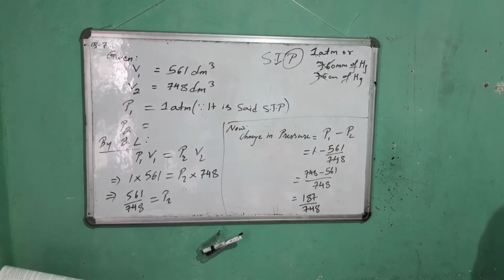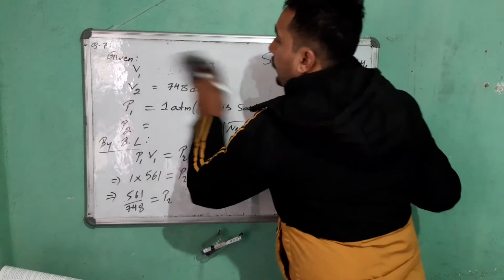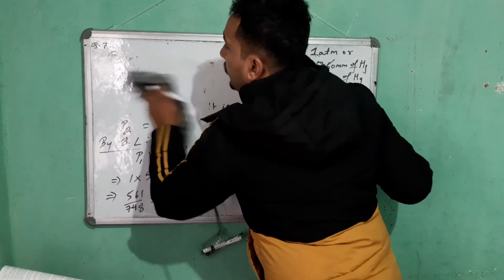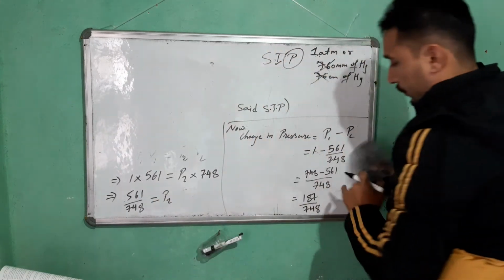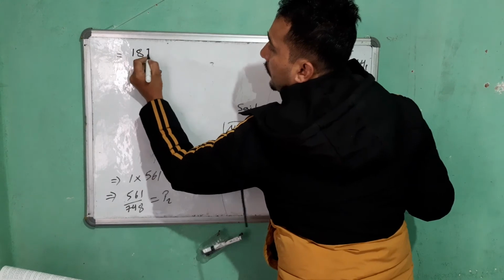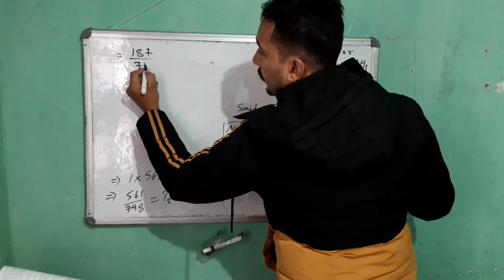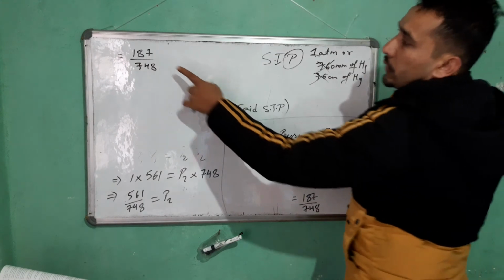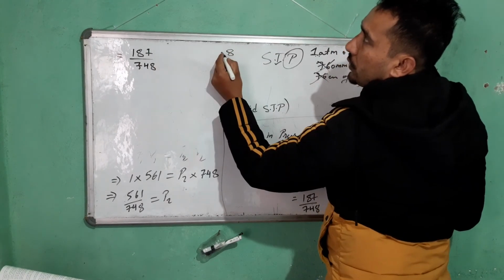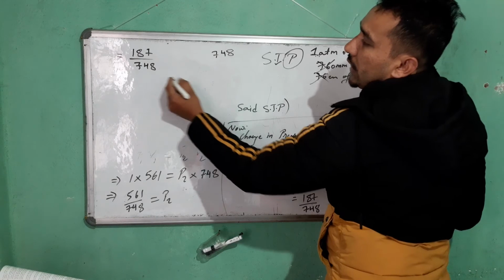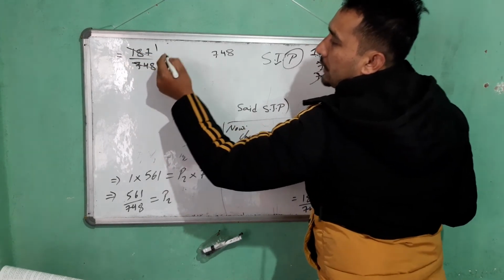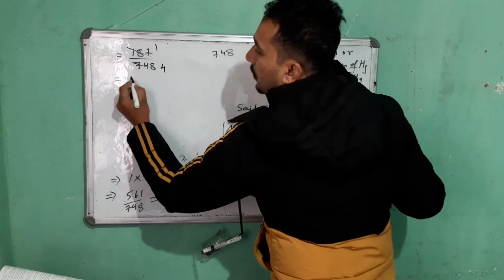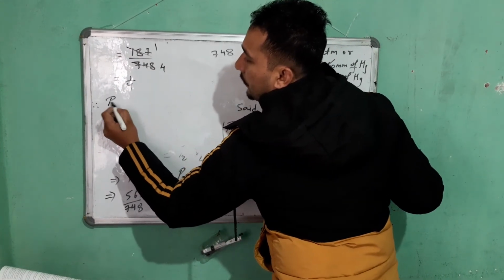Okay, you cannot cancel like that, so let me do it differently. 4 times 7 is 28, 4 times 8 is 32, 4 times 1 is 4, 5, 6, 7. Okay, you can cancel 4 times. 187 1s are 187, 187 4s are 748. So 1 upon 4. Therefore, percentage